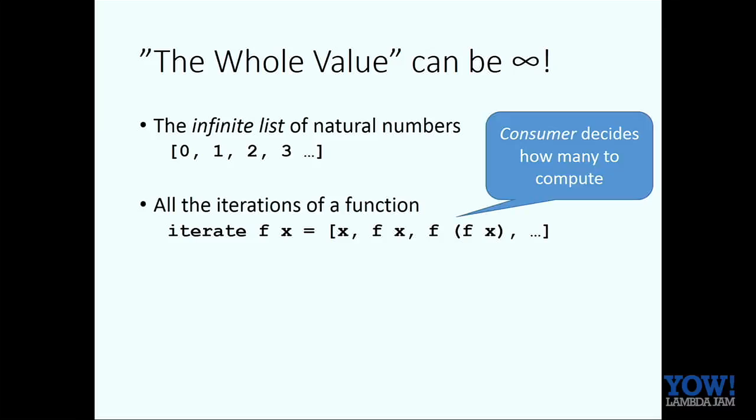What it means is that it's the consumer of such a list who decides how many values are needed. So you can separate the code that produces values from the code that consumes them and decides how many it needs. And I thought that separation was really exciting and had lots of possibilities for structuring code better. For example, I had studied numerical methods as a student, and I wasn't very good at it. And partly the problem was that numerical algorithms always seemed to be very involved, and there were lots of moving parts.